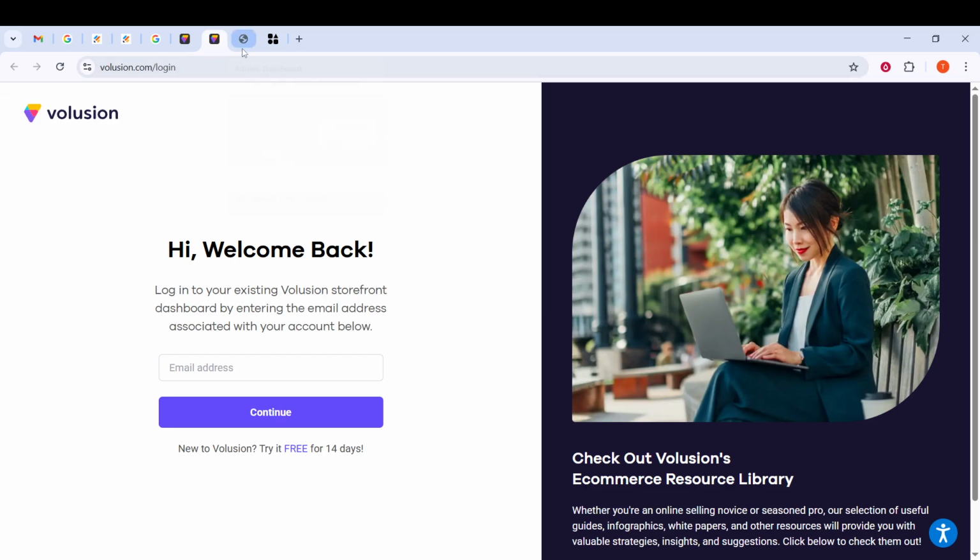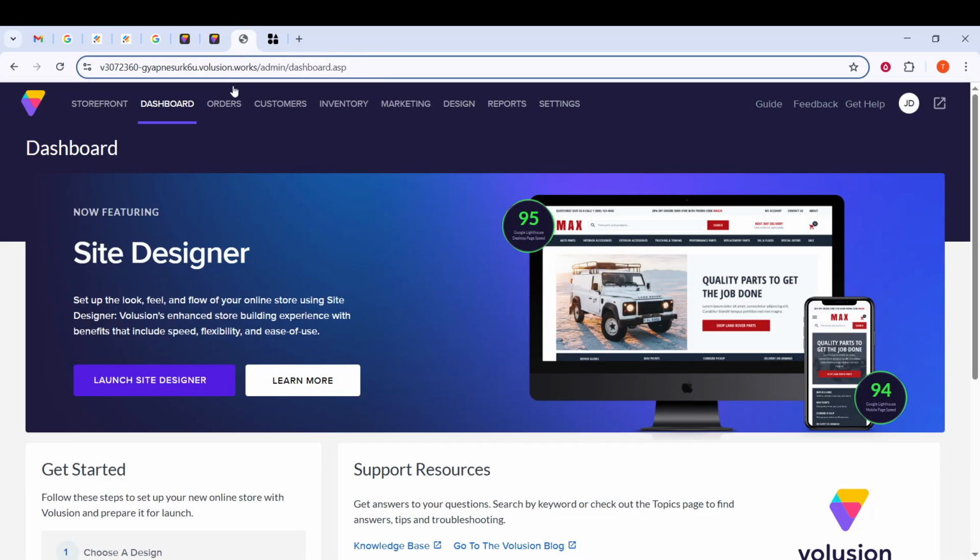With access gained into your Volusion account, you're going to navigate to the dashboard. The dashboard is essentially your control center, where you can manage various aspects of your store. So, from the dashboard screen, locate and click on Launch Site Designer. This is a crucial step because the Site Designer is where we'll be able to add and customize different elements